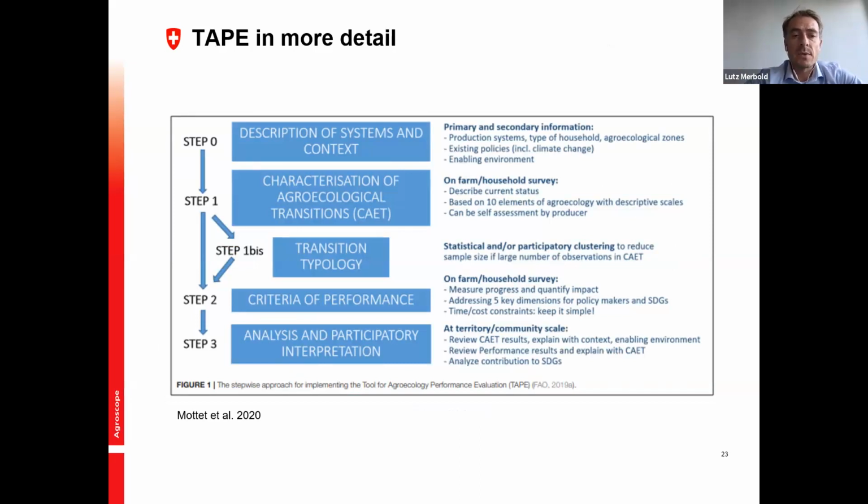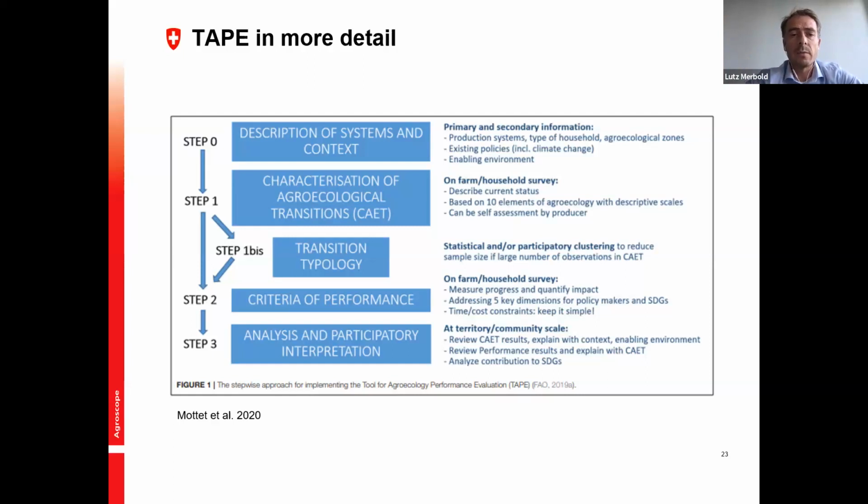And it really gives you, the first step is these basic elemental questions, which give you the characterization of agroecological transition, a CATE score, and I will come back to that. So it can go from 0 to 100, and the further up you are, the better you are within your transformation already. Some of this is probably data you can derive, especially in Switzerland, beforehand, before you actually do